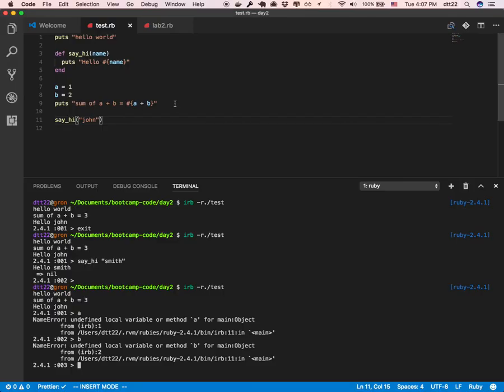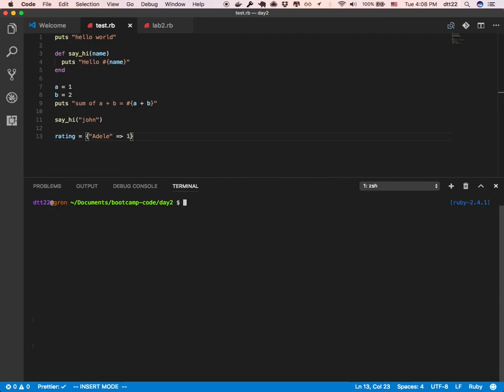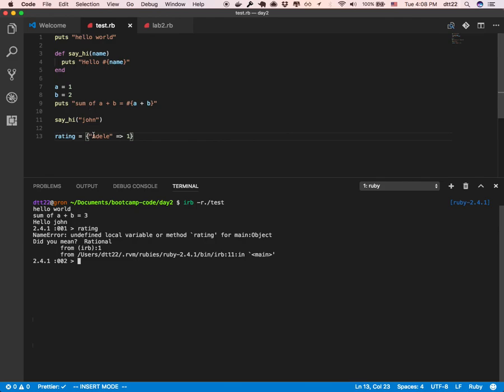So who knows the trick to test some variables in here? Do you know how? If I have some variables, like remember rating, Adele, 1. Great. So if I run this and I want to use rating, I cannot. Okay. So thank you, Gui. Turn this into an instance variable. Then it can be accessed